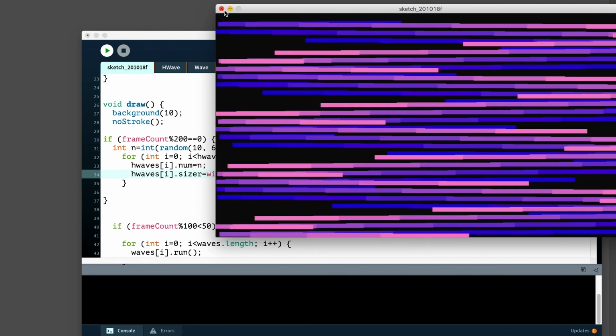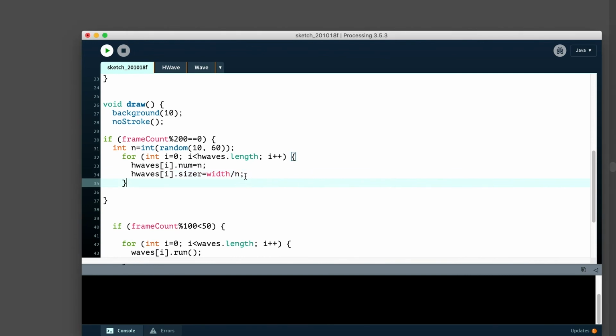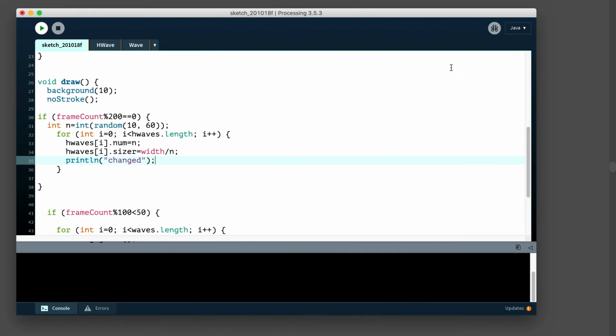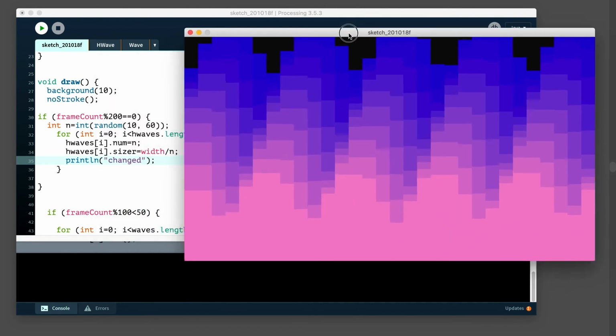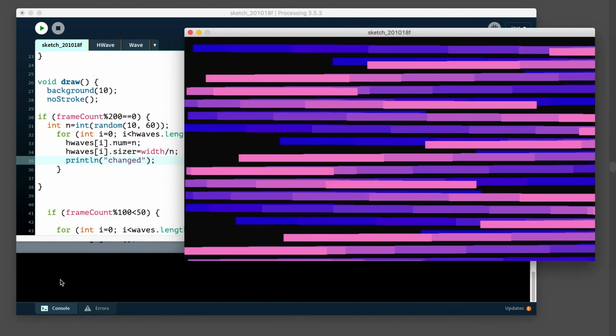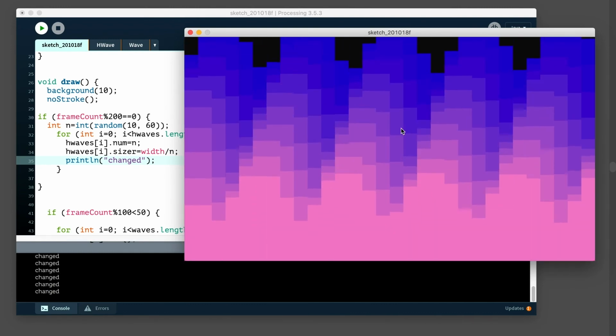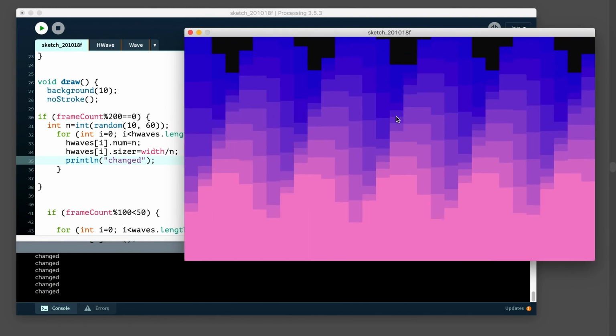I think they changed there. And the other thing you might want to do is test it by printing a line, and maybe it says changed. Because I think it's changing, but maybe for some reason we're not seeing it. It will let us know when frame count hits. There you go. It changed there. And you can see that one changed much smaller.